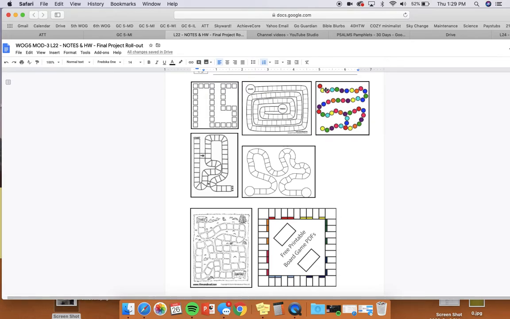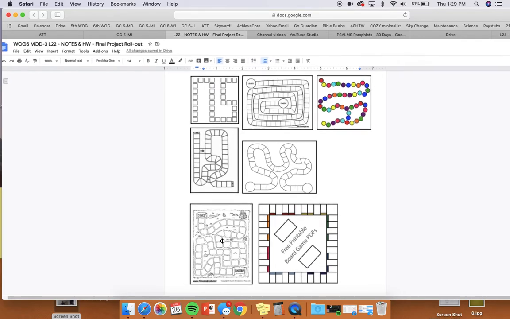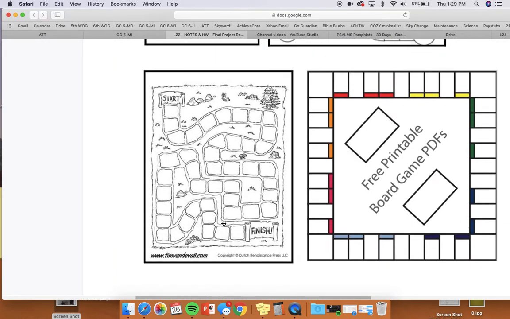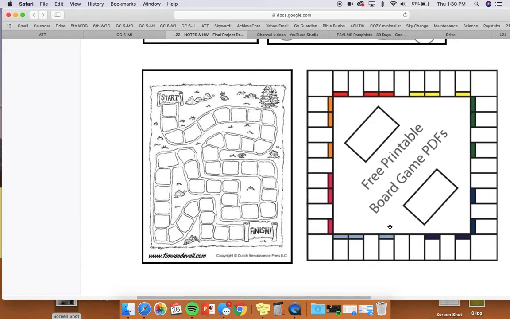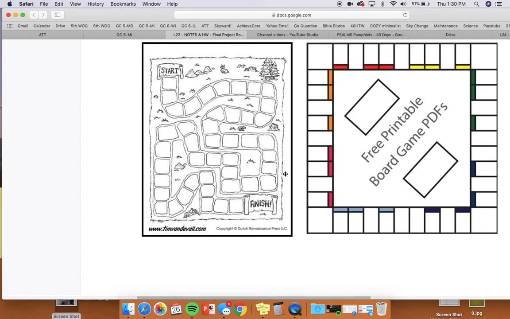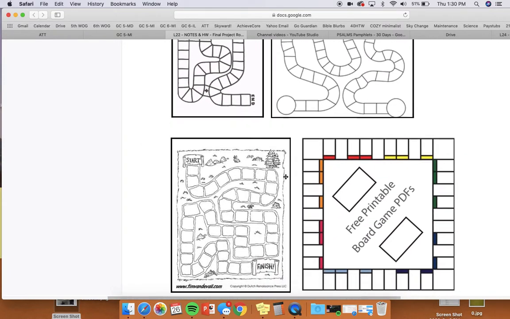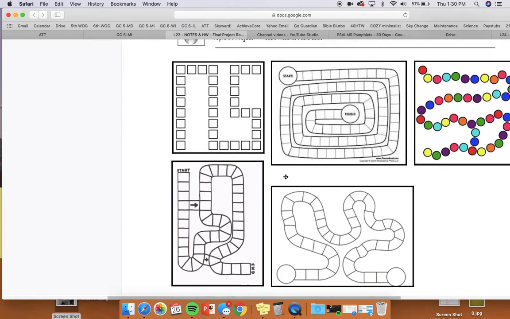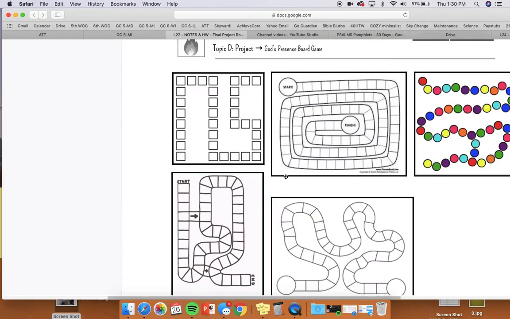Or maybe you like the colorful circles. Ooh, and there's even like this little bridge here. Interesting. Or maybe you like these squares with special little arrows. We could talk about that in a second. Maybe you like that style. Maybe you want to make it into some sort of a picture like this one right here. It almost looks like you're in a forest or something with little rocks or stones. This one reminds me of Monopoly. You could do something like that too. If you want to even just Google game board styles and you want to look at your own style, go for it. It doesn't have to fall into any of these categories, but it does need to have,